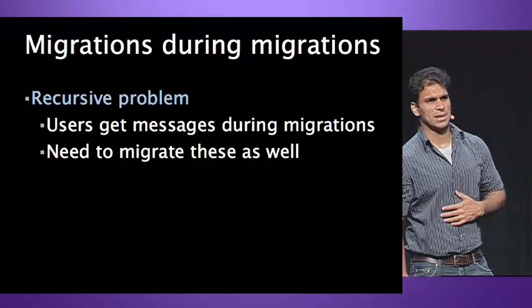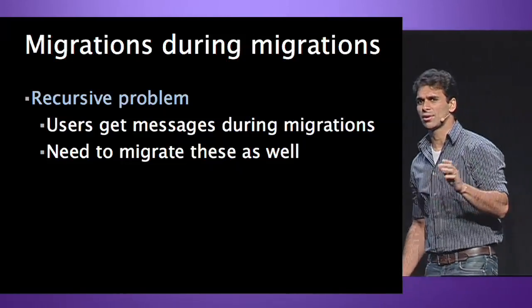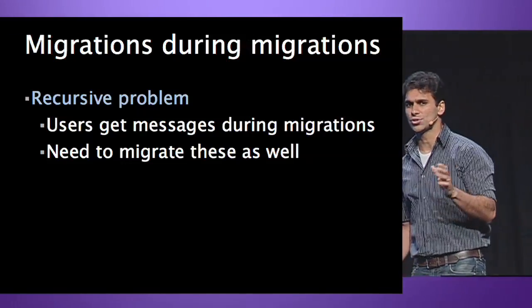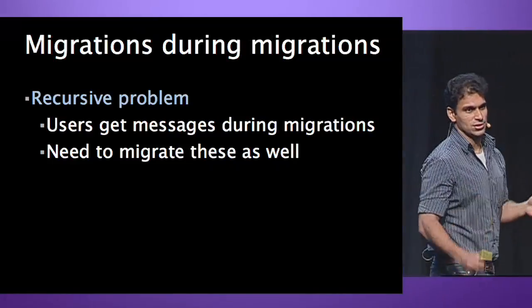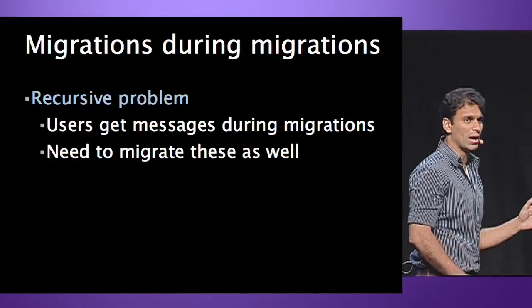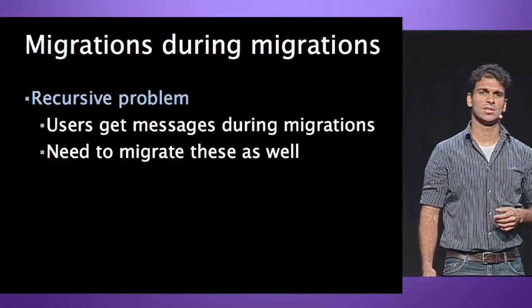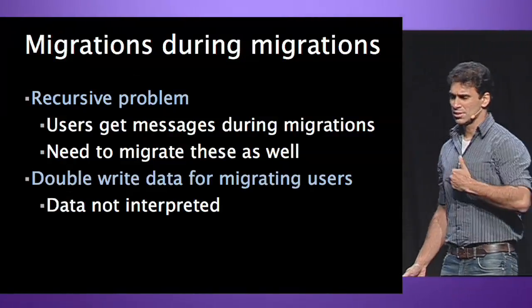Yeah, that was another thing we had to balance, but here's another interesting problem. Let's say we're starting to migrate millions of users. It's going to take a few hours for the users to get migrated. Guess what? They don't stop sending messages. So we have to get these messages that the users send and receive while they're migrating, and we have to put them into the final store. So in order to do this, we started double writing.